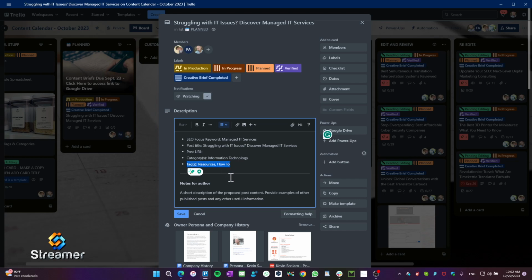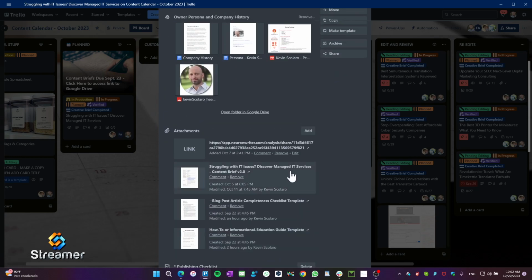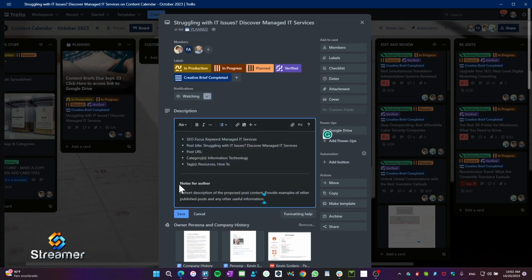But it also gives you an idea as a writer: is this a resource article? Is this a how-to article? Again, all that's going to be attached in the content brief. It's all going to be there. So really, like I said, this is kind of redundant information up here at the top. Maybe I will leave the notes for the authors, meaning the writers, if I had some specific directions or something that really didn't fit on the content brief,